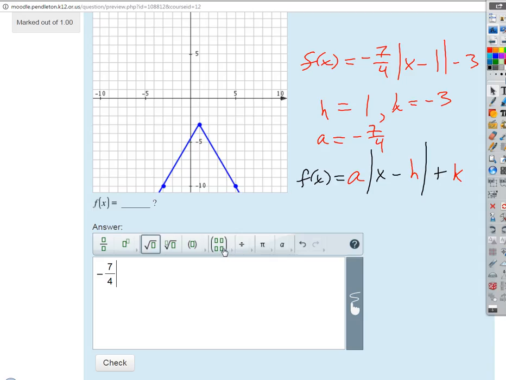Now look along the top here. These are all the templates I can use, the algebra templates. Notice that whenever there's a little triangle at the bottom, like a little arrow, if I click on that, it pulls open a pop-up or drop-down menu with other options. If I go to the one here with parentheses, now think about